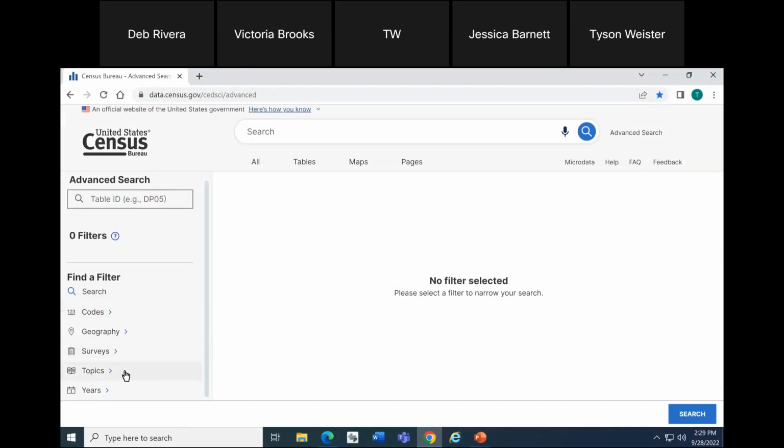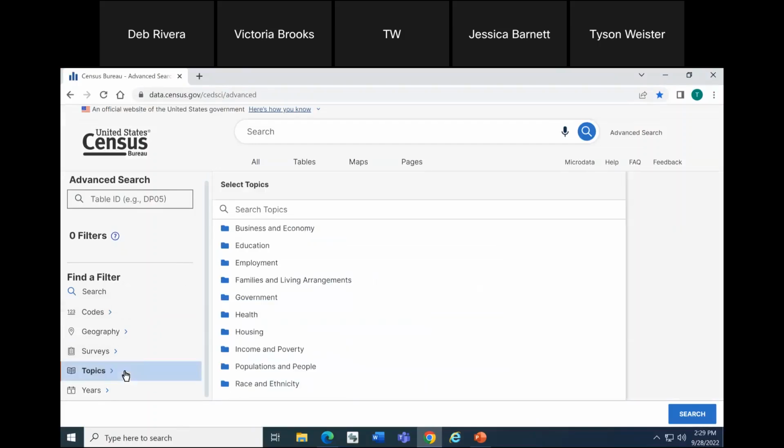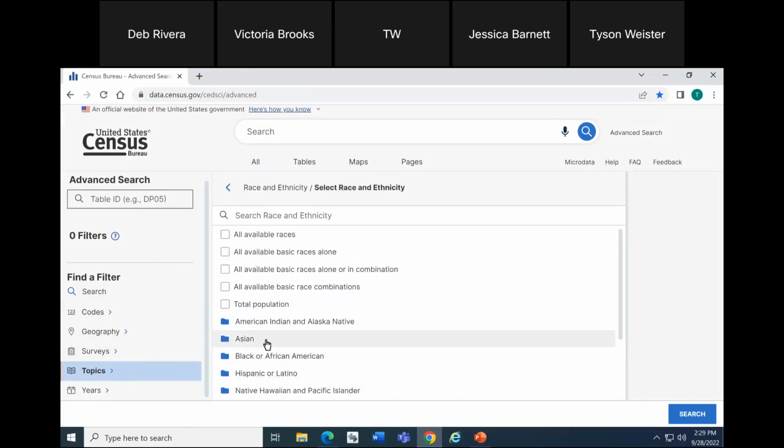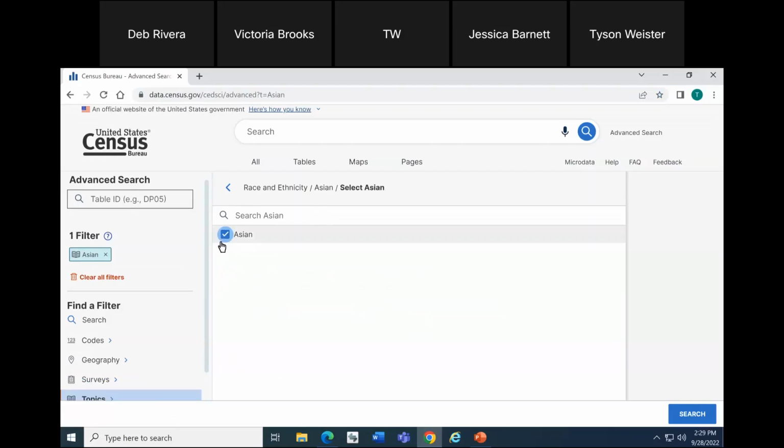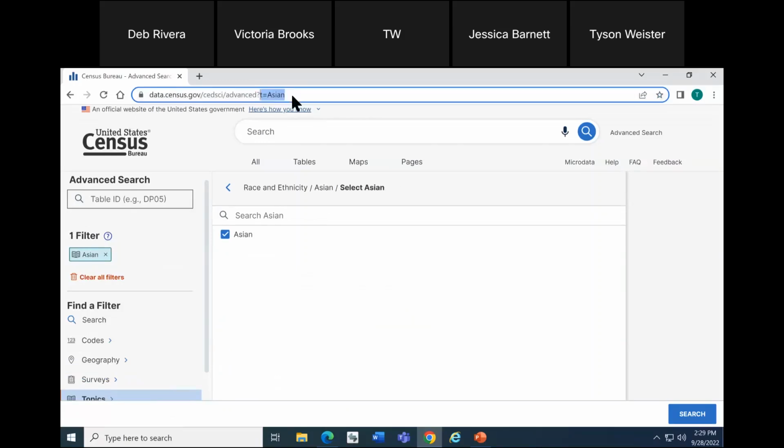Just like before, I'll click on topics, race and ethnicity. I'll click the folder for Asian, and I am always looking for a checkbox as a final selection. Here I'm going to click the option that just says Asian. Notice when I mark that checkbox, I do get the Asian filter in the upper left as I expect. And in this case, rather than a 3-digit code being added to the URL, it is showing actually the word Asian. Anytime you see a word or phrase added to your URL and not a code, that means you're not going to get iterated tables,